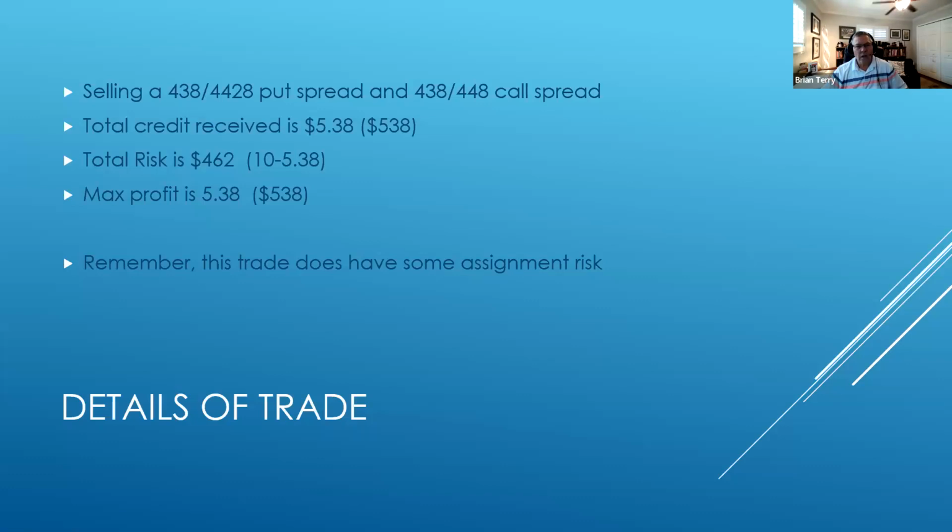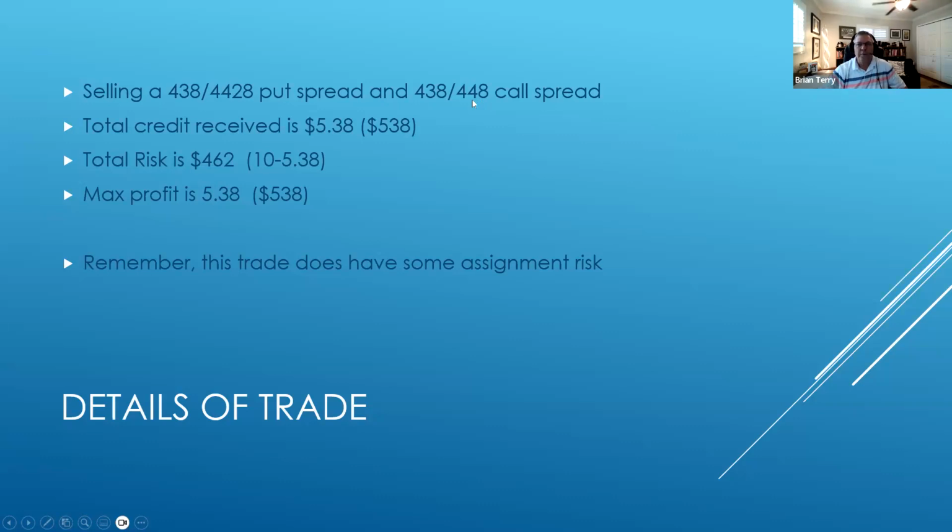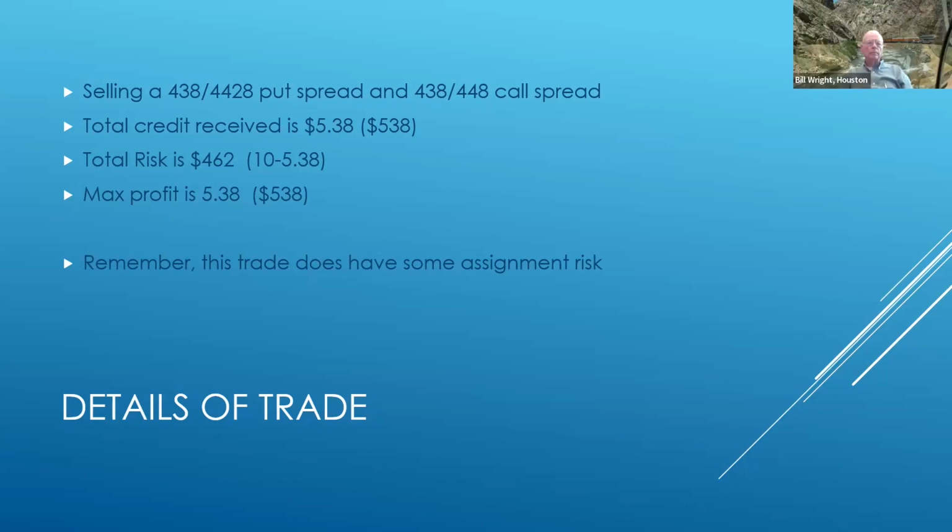Okay, so here's the details of the trade. So we're going to sell the 438, 428 put spread. I added an extra 4 there. On the call spread, 438 or 48. So we're always kind of going away from the thing selling to long call. We received $538. The total risk is 462, which is simply $10 wide less 538. So the most we could make on this trade is $5.38. And that would only be if at the end of the week,